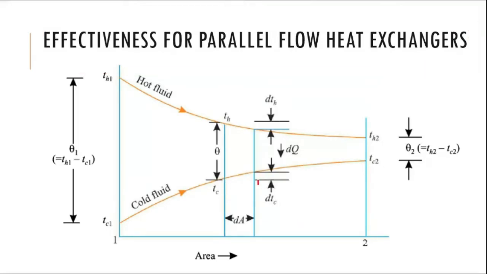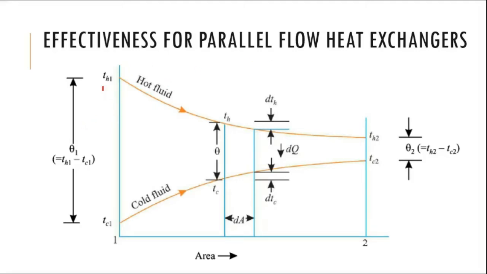Now, this derivation is also similar to the LMTD derivation. The initial 10 or 15 steps are the same as what we did for the LMTD derivation. So again, it will be a revision of the LMTD derivation. After some steps, we are going to deviate from that particular procedure, and we will see why we deviate and how we deviate.